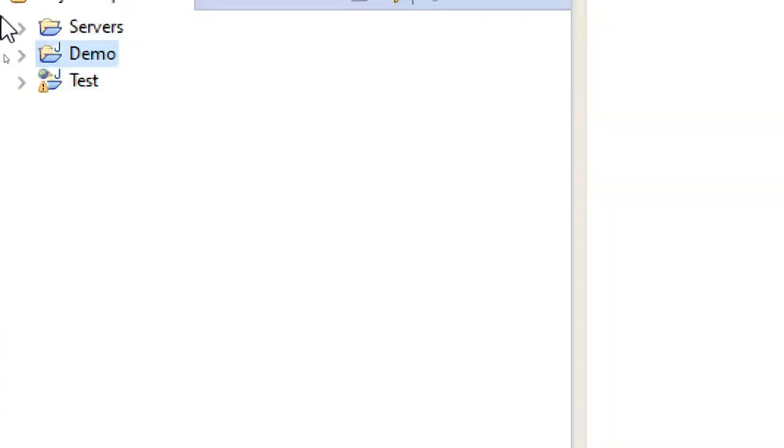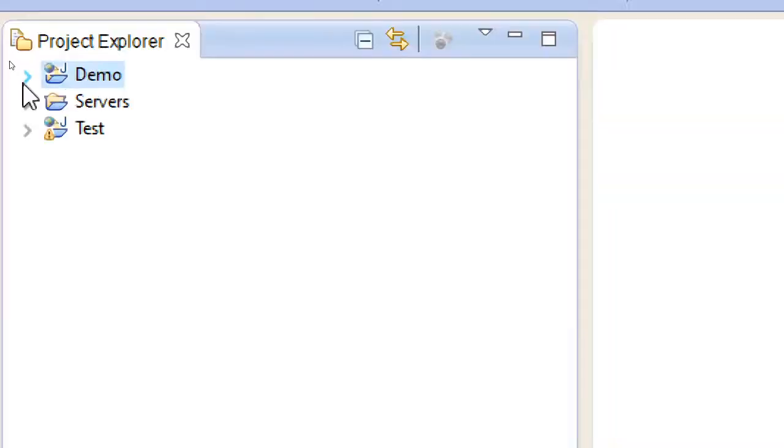So now observe what happens. Here you can see demo is the name which I have given to my web project. You can see the globe symbol icon has come, because it's not the regular Java project, it is the Java web project. That's the reason you can see capital J and globe symbol, indicating that it's a web project. So that's how you can recognize it's a web project.